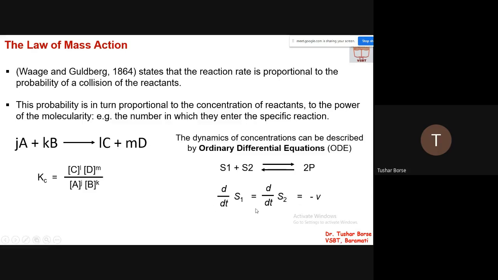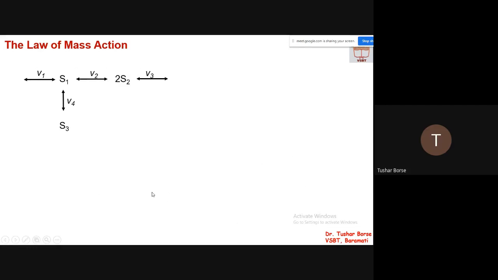Fine. Or if it is a reversible reaction, it could be denoted as d by dt of P, the derivative of P with respect to time, which is equal to 2v, because there are two products being formed. Fine. So these are the two ways where you can express the rate of the reaction, or the concentration of your reactants and the products which are taking part in the actual reaction. Okay, so these are the two ways where you can go for it. Now consider this